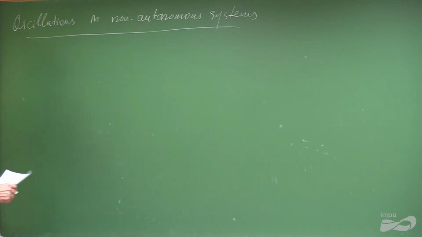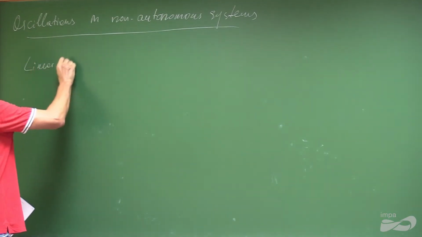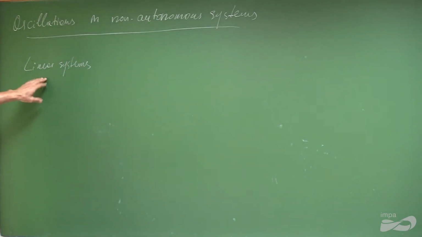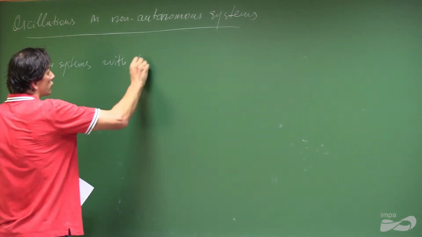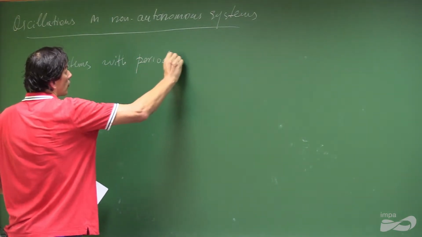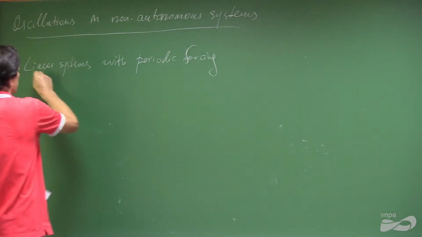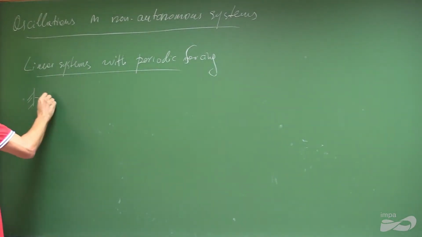Okay, so the first class of systems we consider are linear systems. Linear systems usually appear when you consider small oscillations in equilibrium, remember? But now we put some periodic parts, so we will put periodic forcing. The simplest example is probably the linear oscillator,